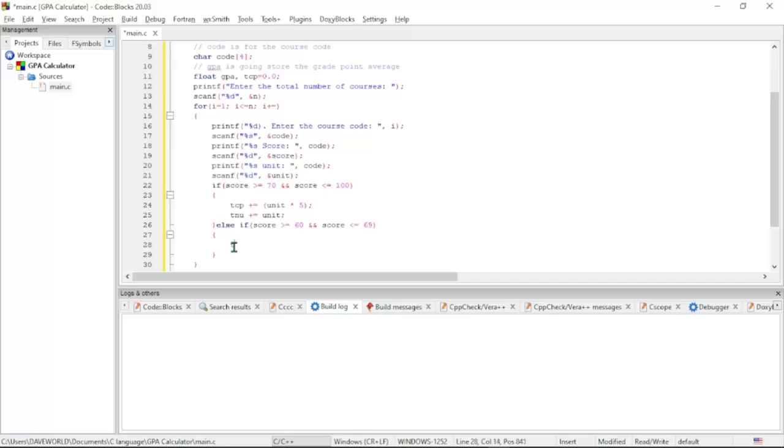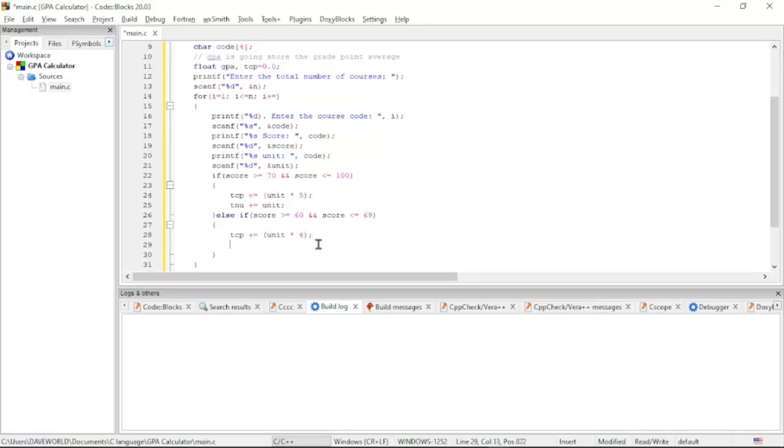So our TCP will be equal to what? Units times 4, because for a score to be greater than or equal to 60 and less than or equal to 69, that means the score is B. And B is 4 points. So we're going to add to our TNU also